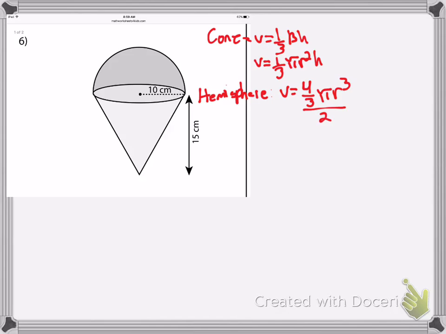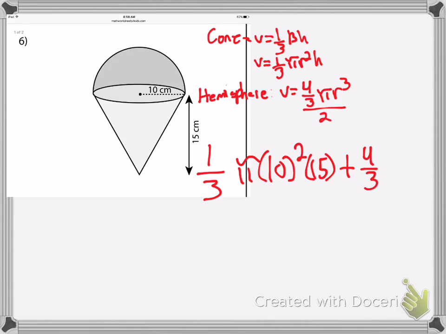For the cone, 1/3 area of our base, which is going to be 1/3 pi times 10 squared times the height of 15, plus